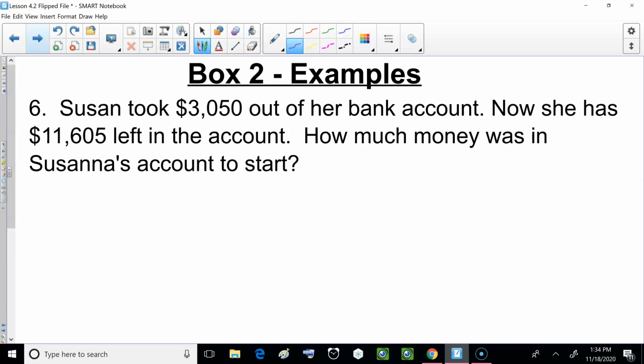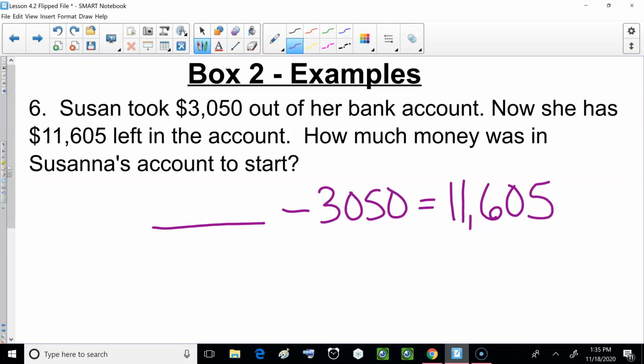All right, remember, we'll read it again as part of our word problem strategies. Susan took $3,050 out of her bank account. Now she has $11,605 left in the account. How much money was in her account to start? So if I'm thinking about this problem, she has some amount of money to start that I don't know, and then she took out some money, so she would be removing it, so subtracting it. And now she has so much money left, which would be